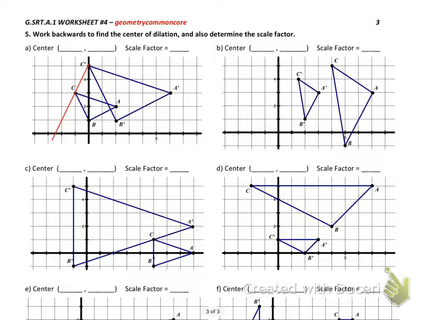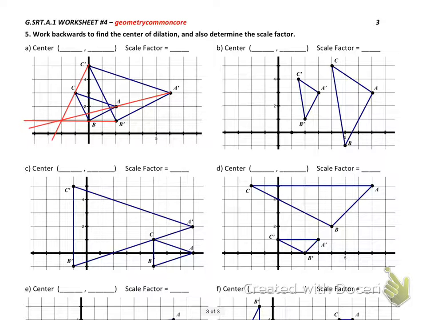Okay? And I'm going to do the same thing with A prime and A. And you can see that right there. Do you see how I'm just lining up A and A prime, B and B prime? And then I'll do the same thing with C and A, B, and C. So I want all three of these. And when I line these up, I end up with these all coming back to just one point. So if I connect A and A prime, draw a line, B and B prime, draw a line, C and C prime, draw a line, it will come back to one specific point, and that point is the center of